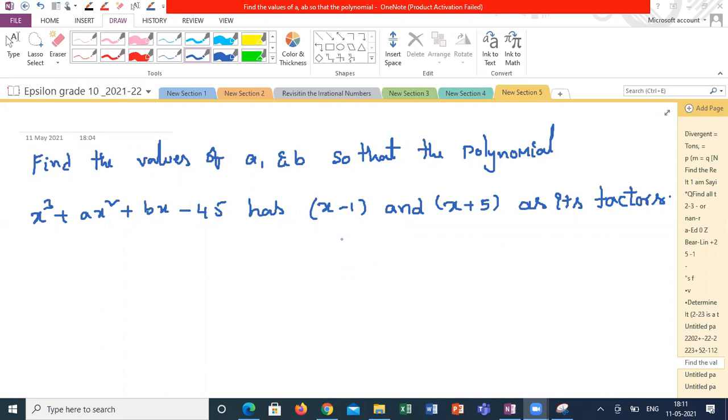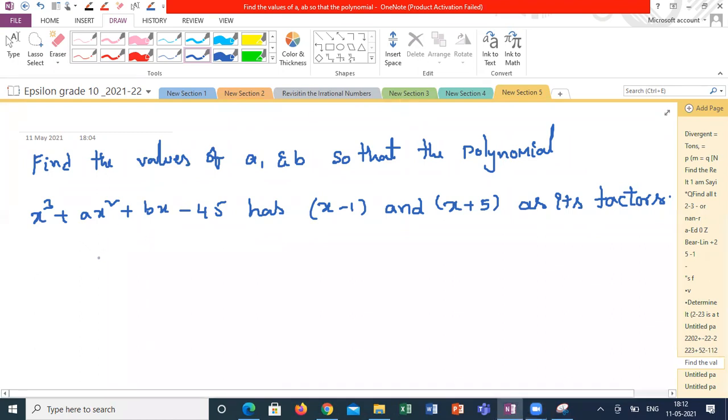I don't think so. They will allow the synthetic division method, but you can use it for 1 mark and 2 mark questions in rough work. Yes, you can use the synthetic division method. Synthetic division method says the last term should be 0 always. If x minus 1 is a factor, in the synthetic division method the last term should be 0. But instead of that, here I am using the remainder theorem.